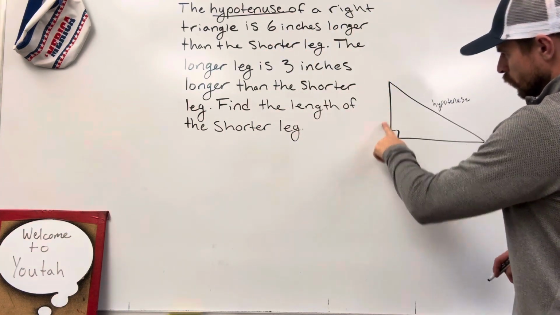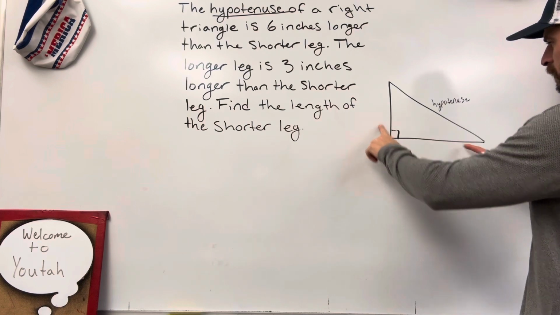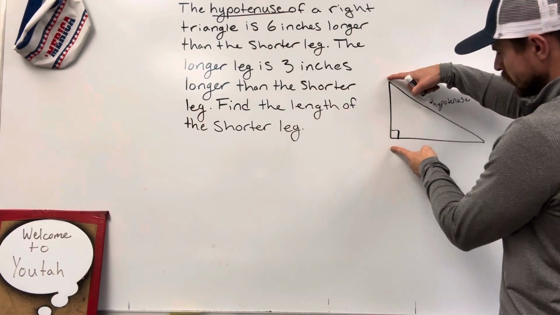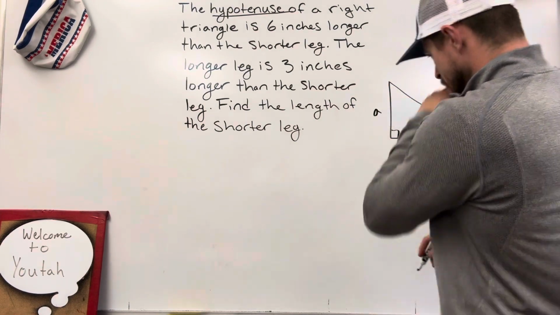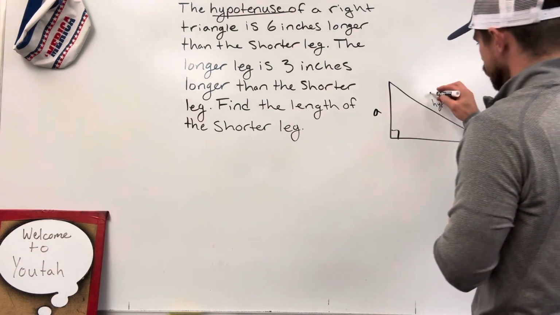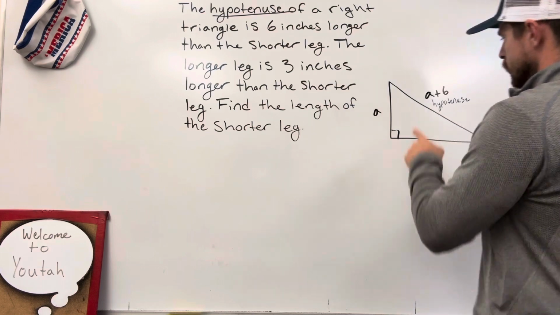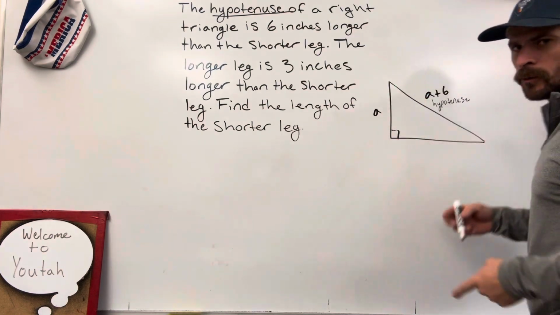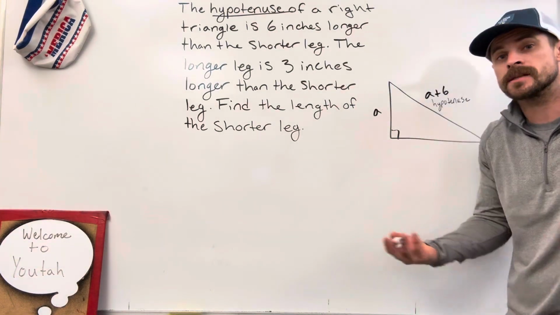So this is our shorter leg. These are our two legs, okay? This one's clearly shorter. So let's just label it A. So my hypotenuse is 6 inches longer than that. So I'm just gonna say A plus 6. That's my distance right now, but hopefully I can figure out what A is, and then I'll know what all